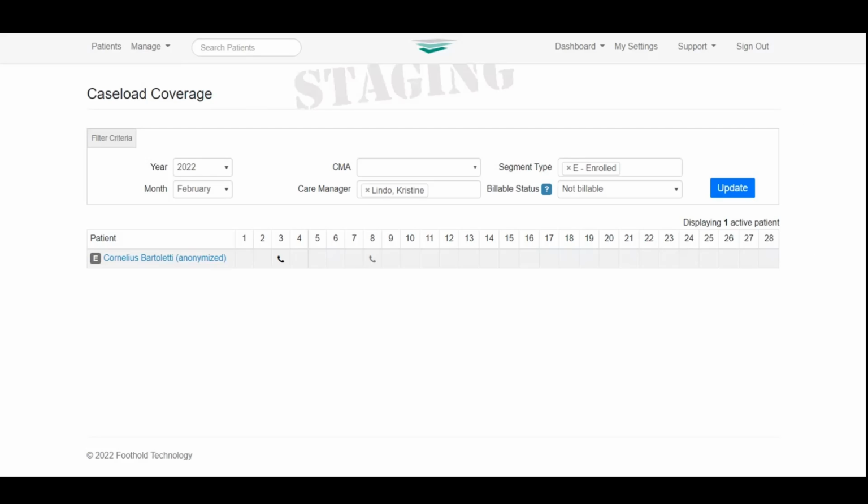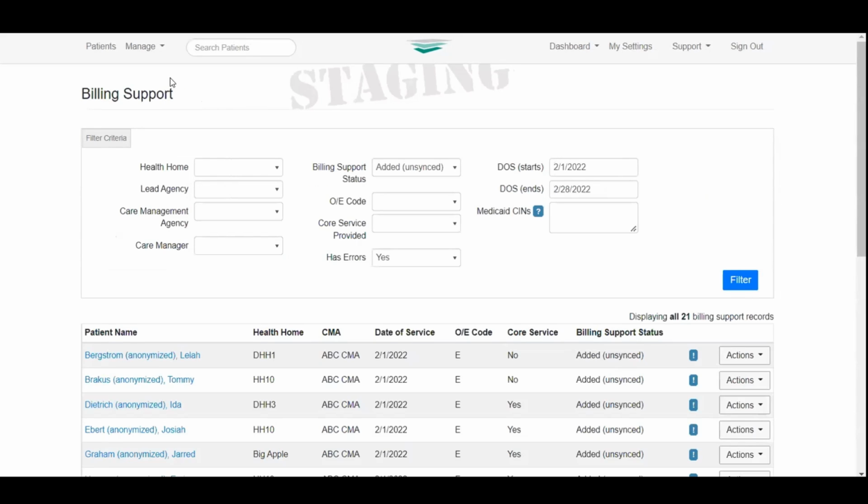The next window that we're going to look at is our billing support window. Our billing support window is really helpful for users who want to get an idea of what their progress looks like for the month in terms of completing their billing support questionnaires. I already have it filtered down by default to dates of service for the month of